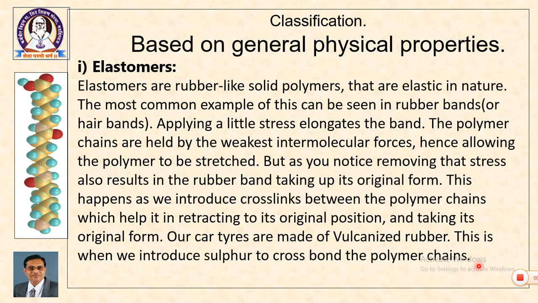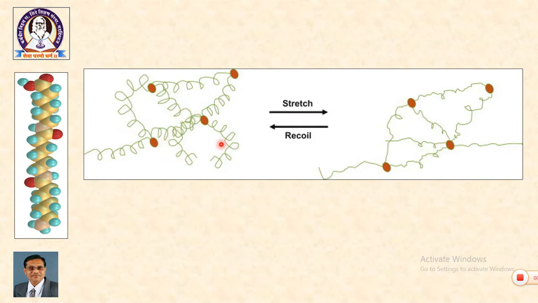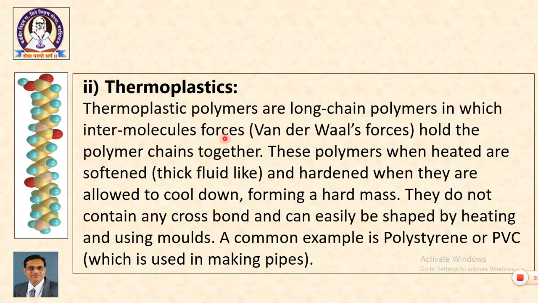Elastomers are elastic polymers. When we apply pressure, they change their shape. When we remove the pressure, they regain their original shape. This behavior is because of the presence of cross links. So, elastic polymers are elastomers which have cross links, and due to the presence of cross links, they regain their original size and shape after removing the pressure. So, this is the polymer molecule. When we stretch, it gets elongated. When we remove the pressure, it regains its original size. So, in this way, by considering the elasticity property, this class is called elastomers.